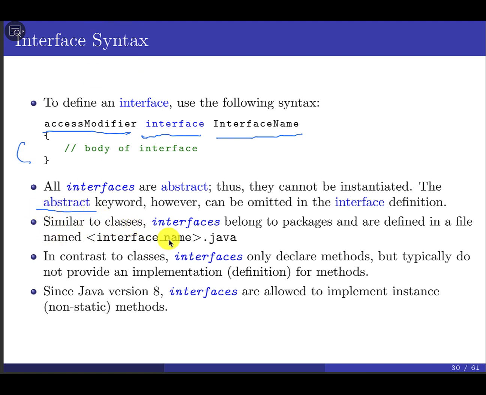Similar to the class, when you create an interface, you have to store it in a .java file, and the name is going to be the name of the interface. So it looks like you're creating a class, the same way you create an interface. Remember, when you work with the interface and you upload your code, you have to upload this file that contains the interface